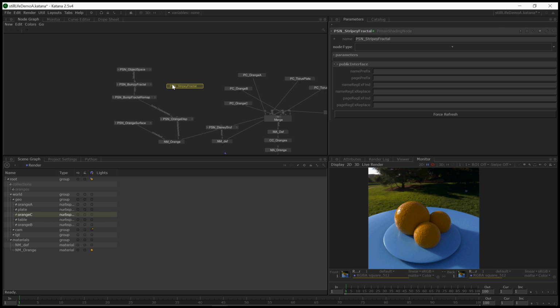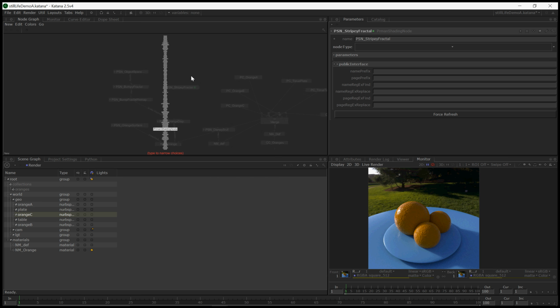And you'll start seeing a pattern here. I always have a manifold, a fractal, and a remap pretty much every time I do this. Let's create another PRMan shading node. Call this PSN stripe